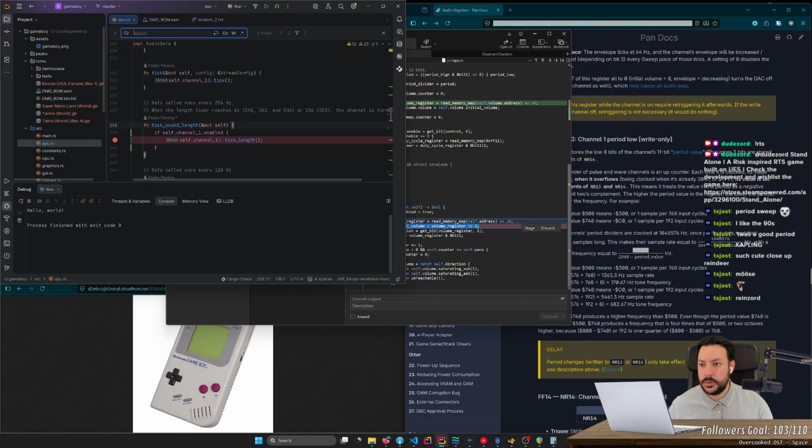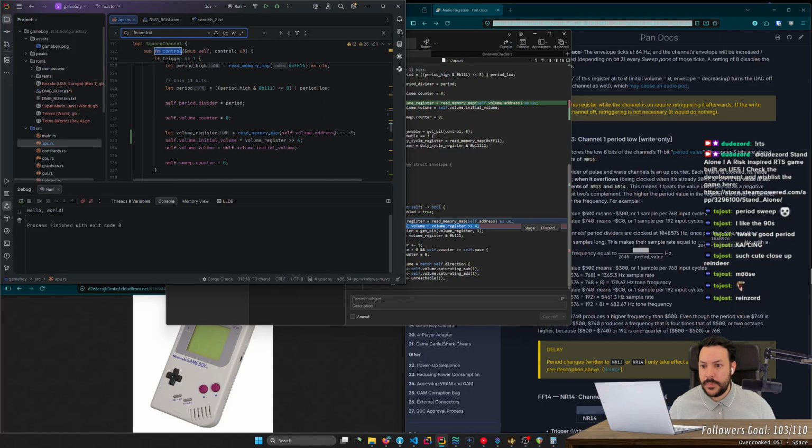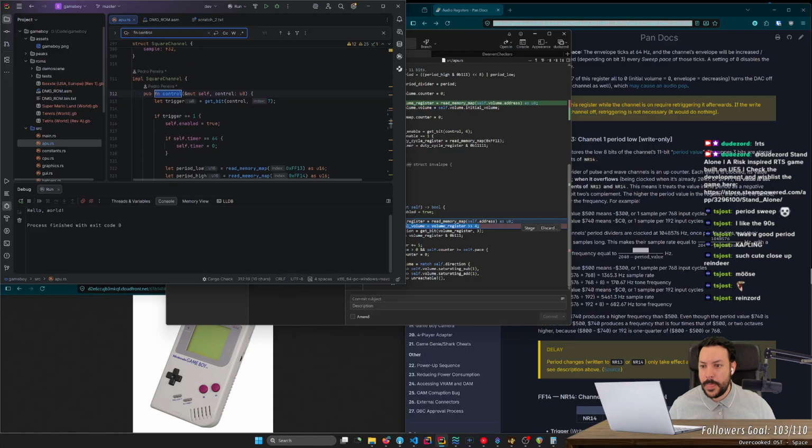So this is the trigger, this is the length. Duty cycle register. Self.timer. What? Oh, right.